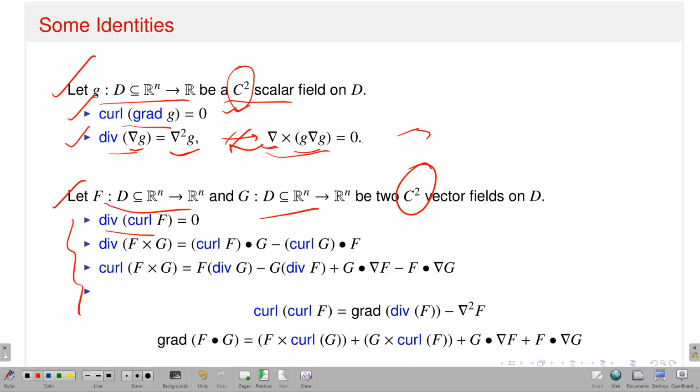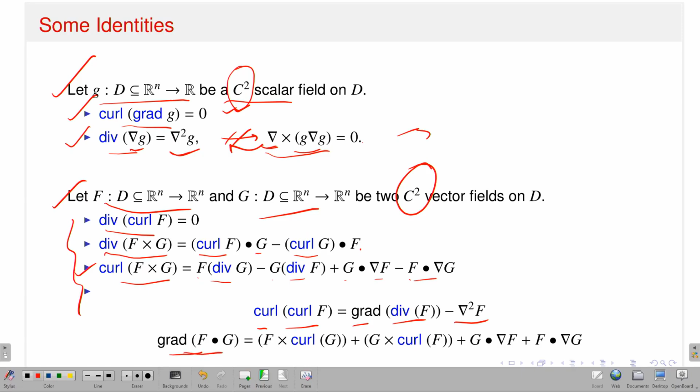That means divergence of curl of F is 0, and divergence of F cross G is curl of F dot product with G minus curl of G dot product with F. Curl of the vector field F cross G is F times divergence of G minus G times divergence of F, then G dot del F minus F dot del G. These are the formulas. You just use the formulas for curl, divergence, gradient, and you will be able to get it. Okay. Curl of curl F is gradient of divergence of F minus del square of F,